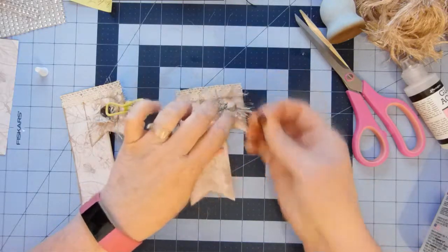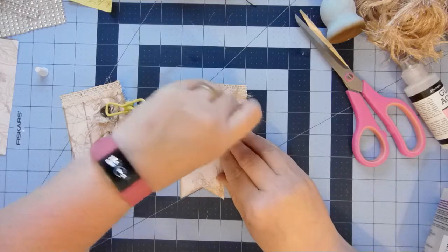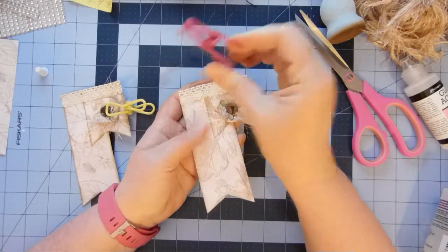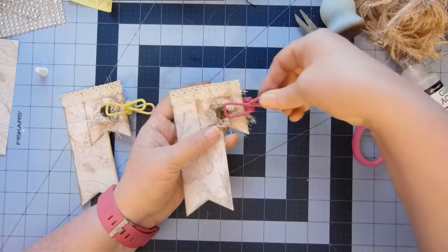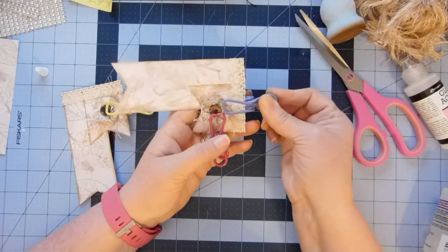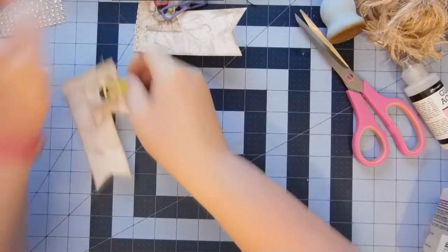And then I want to add the button to the center. Now I'm going to get another clip. I love these little paper clips. I think I got these at Dollar Tree. I use them for holding the pages together when I'm sewing in my signatures. Now that doesn't quite make it. Let's see if I can. There we go. Okay, while those are drying,